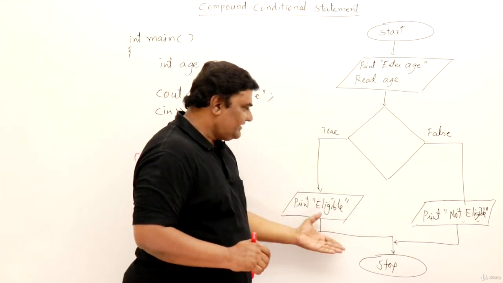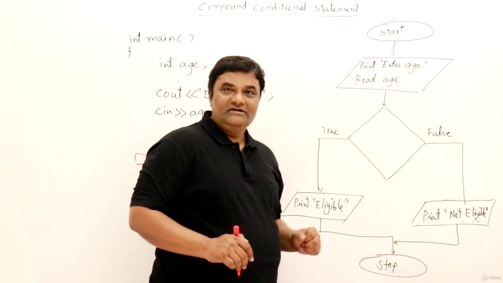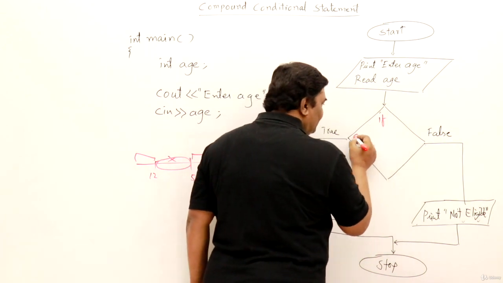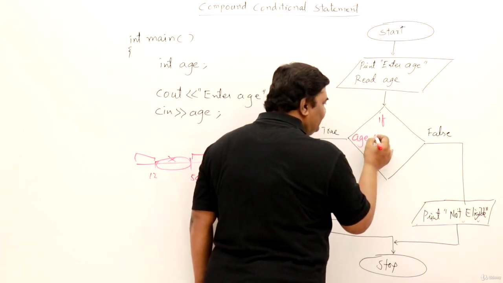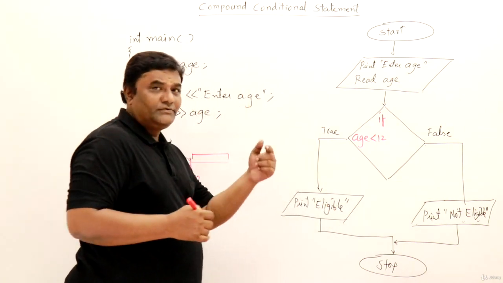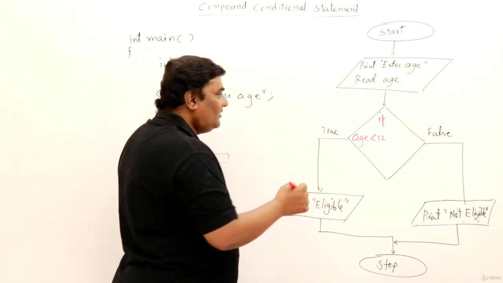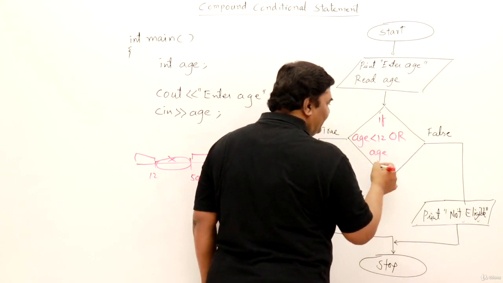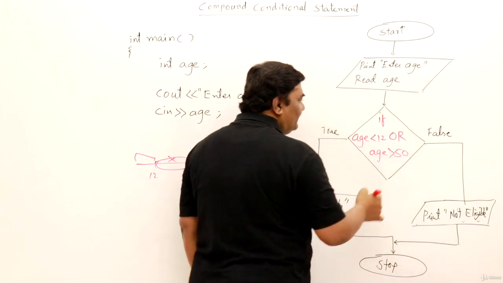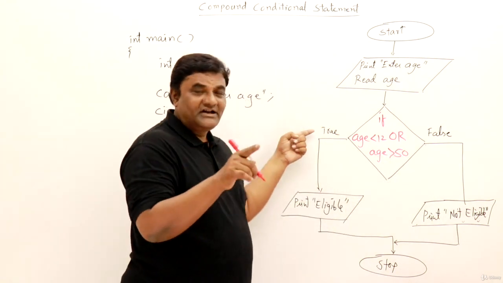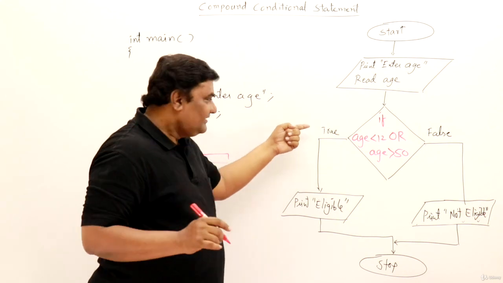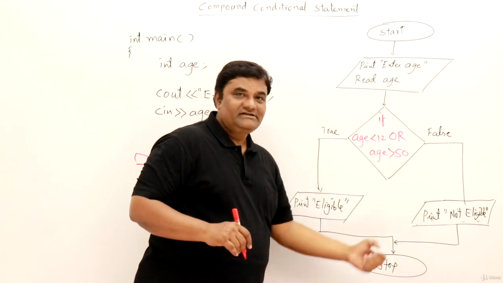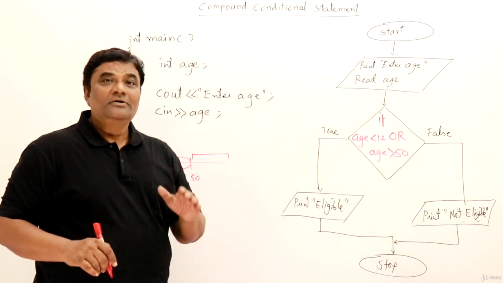Already I have a flowchart here and I made the messages eligible and not eligible. I will just write the condition here. So the condition is: if age is less than 12 years. Equal to 12 years onwards we are saying it's young. Or age is greater than 50. There is no space, so I am writing it here. If true, he is either a child or an old man, so he or she is eligible. Otherwise, not eligible. So let us write a program for this one.